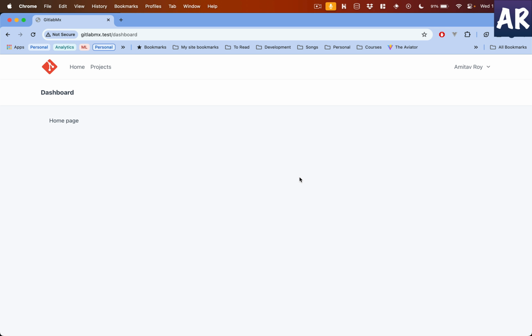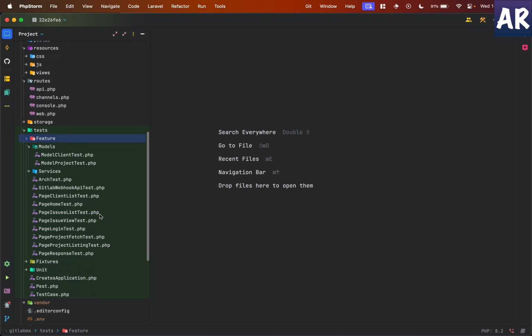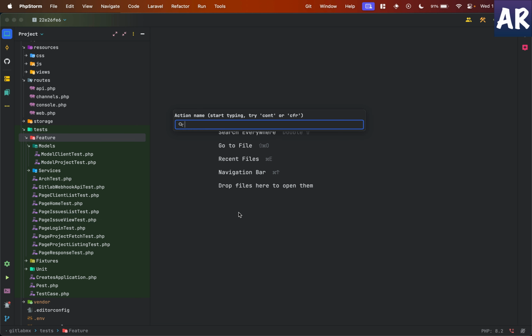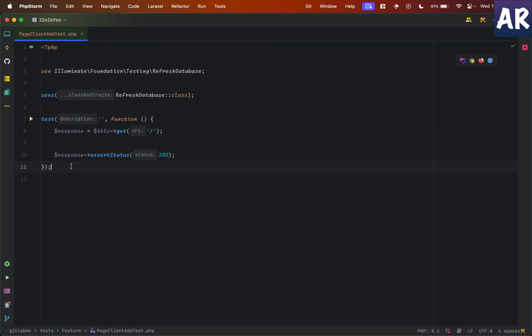Now, with our TDD approach, what I'll do is first create a new test. Let me see over here. I have page client list. Why don't I create a new test, which is page client add. With that done,